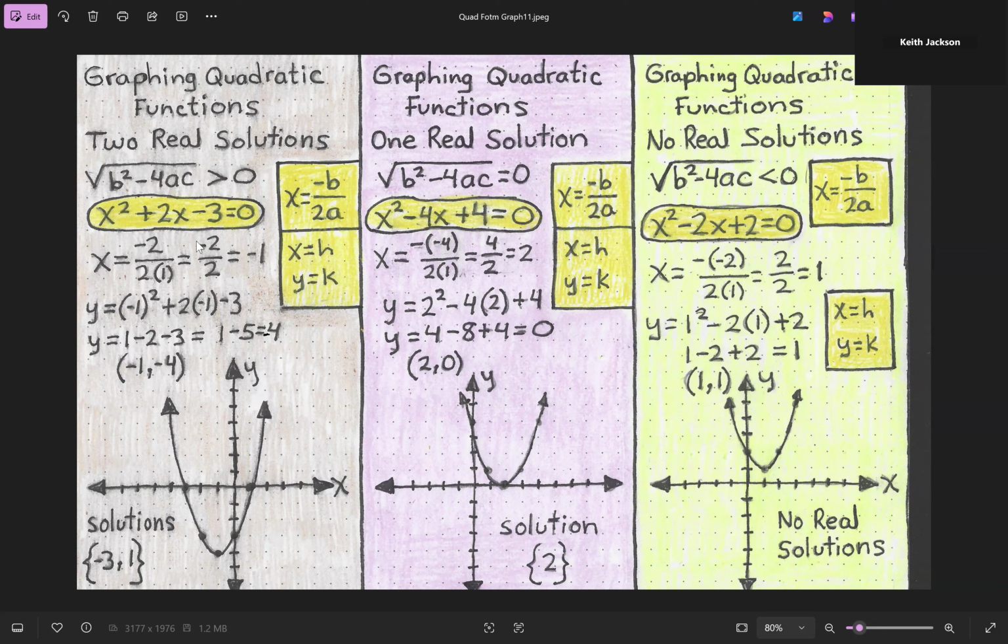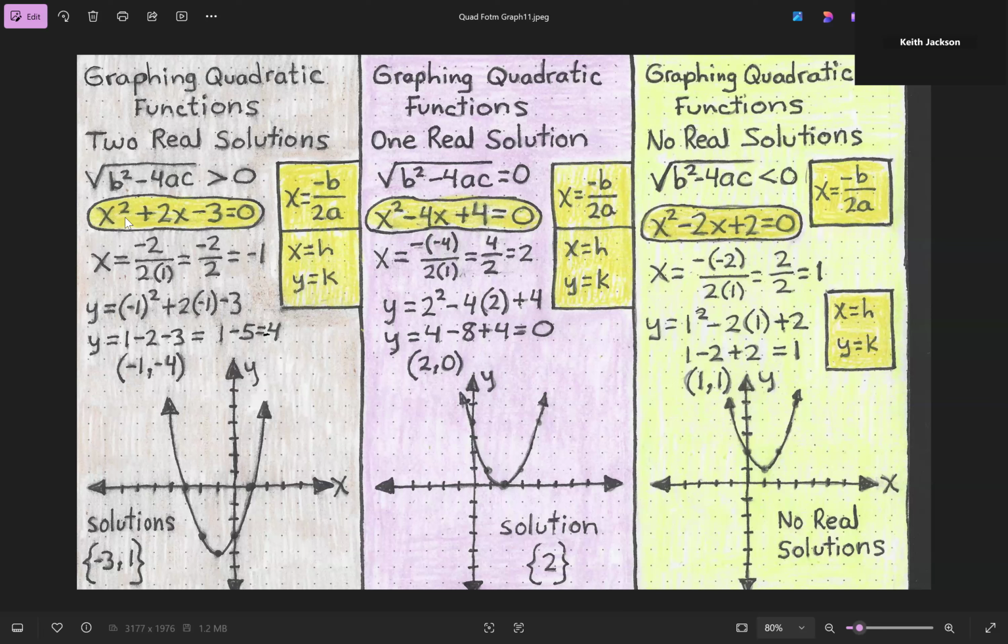And if you recall from a previous video, if the discriminant shows b squared minus 4ac is greater than 0, we're going to have two real solutions. If the discriminant shows b squared minus 4ac is equal to 0, we're going to have one real solution. And if the discriminant shows b squared minus 4ac is less than 0, we're going to have no solutions. And we're going to show you what's going to happen with each one of these examples, beginning with example 1,